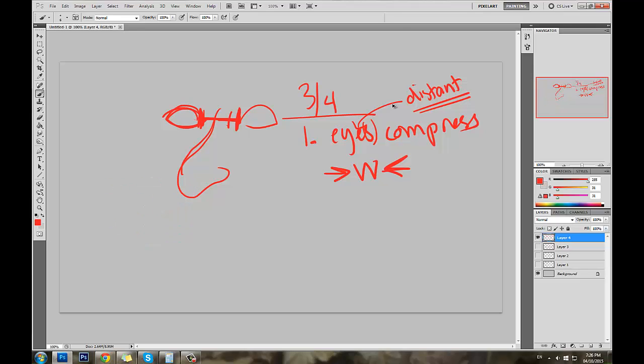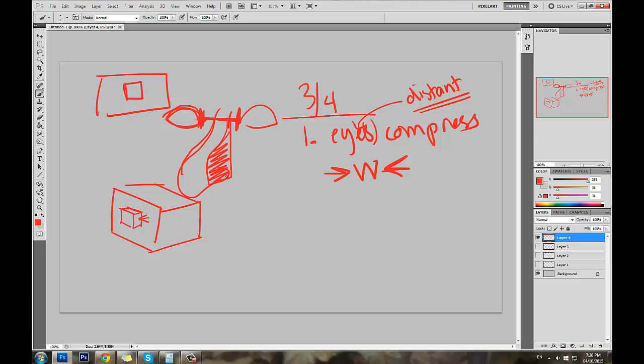The nose, again, is also compressed because on this cube, there was another cube that we saw in perfect center. When we were looking at the cube from front view, we didn't see the sides of it. But when we pushed the cube into a three-quarter view, we began to see the side. I'm looking down on the cube as well. That side of that cube is also tilted. There will be parts that are compressing widthwise. And we see the side of that nose. This side right here, this side of the cube, we don't see it anymore. So guess what? That nostril has disappeared.